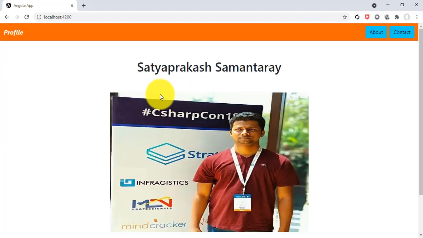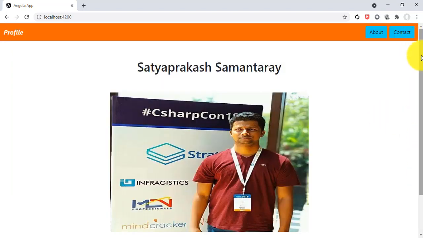So in this way we have made our Angular application responsive using Bootstrap, and shown how to route the components using about and contact, and how to add the pointer cursor on mouse hover, and I have added some styles to our navbar.component.css file. So it has been implemented successfully, and the result is as expected.